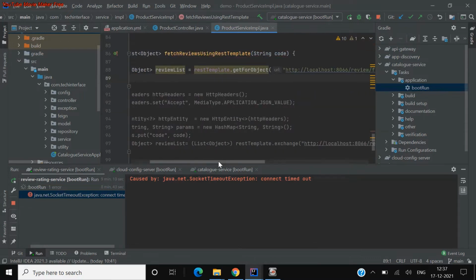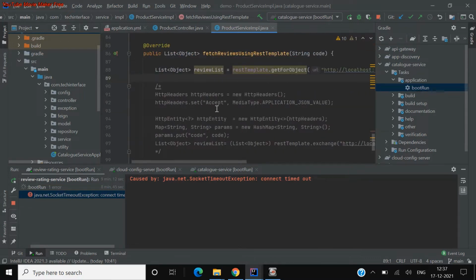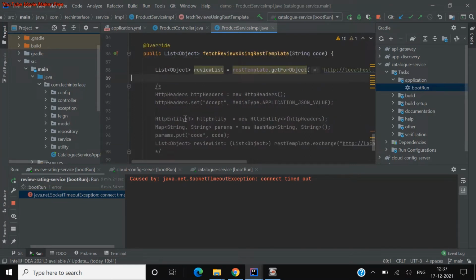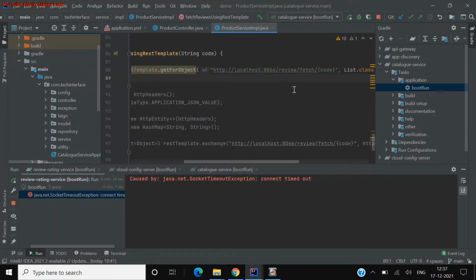These are the different ways you can configure your headers and entities and multiple parameters and different REST template methods. I just commented them out to show you that, but it is not required. Based on your parameters and headers and everything, you can configure. It works similarly to Postman and other tools, so you just have to configure it through the code. I just configured my URL here. I hard coded it to show you, but you can configure it through your configuration properties and fetch that particular service URL.